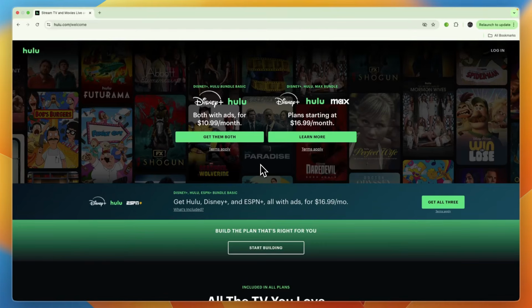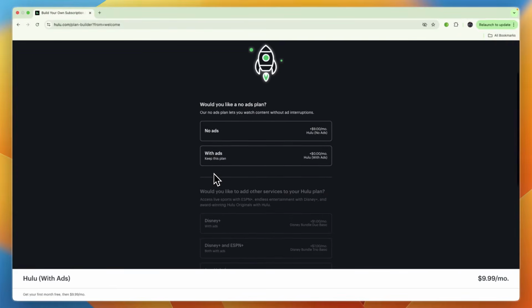In this video, I will show you how to start a Hulu free trial. So to do this, first just go and download the Hulu app on your phone or go to hulu.com, and from there you will have a few options. Now what I would recommend doing is clicking on start building right there, and then here you can choose which